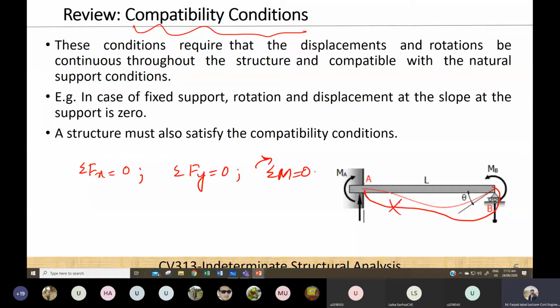this is wrong, because we know the natural support condition: at a fixed support, the deflection and the slope or rotation should be zero. That is why this elastic curve is passing through the center. And this concept that the deflection,